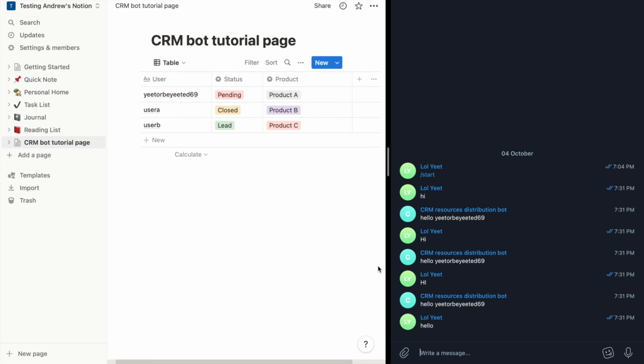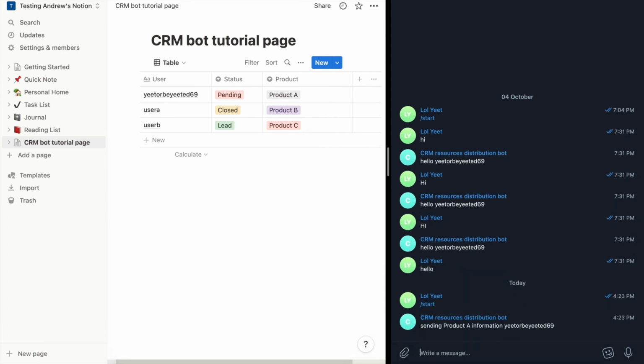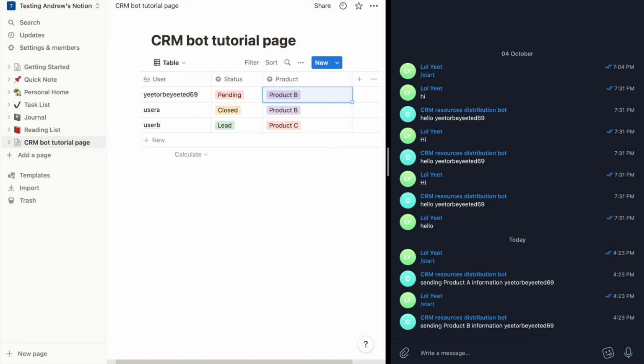So now let's test out the new bot and see if it responds to the Notion page dynamically. So let's do start, and it is sending product A information. So as you can see, because our status is pending and its product is product A, it's sending product A information for this user. So let's change our product to B, and let's do that again. So it changes, and let's just create a new product to see if it responds well. So product D,